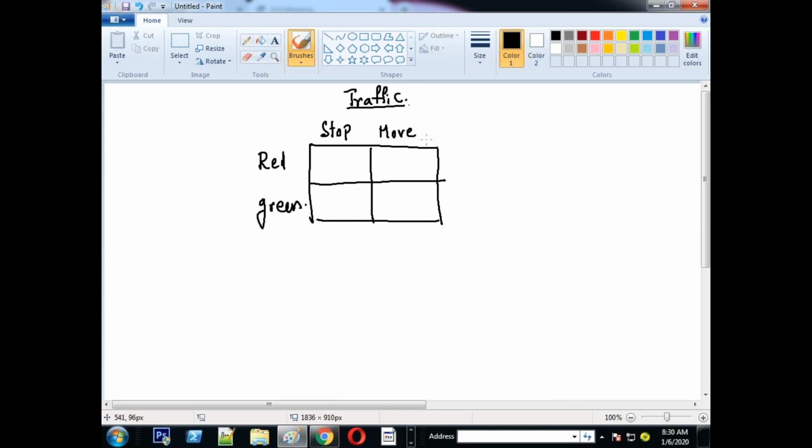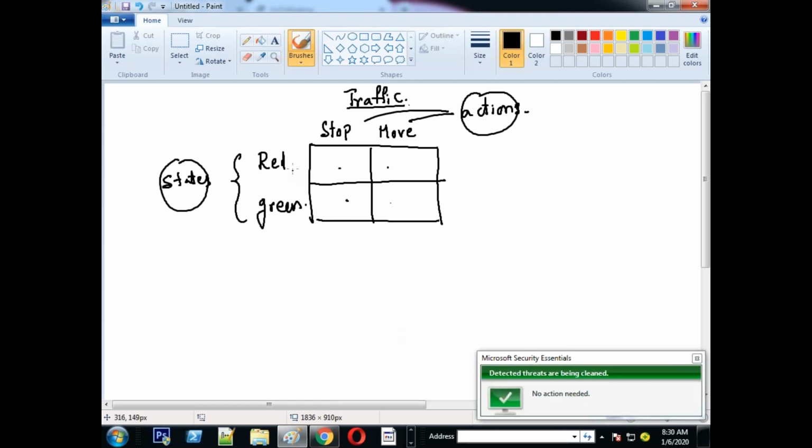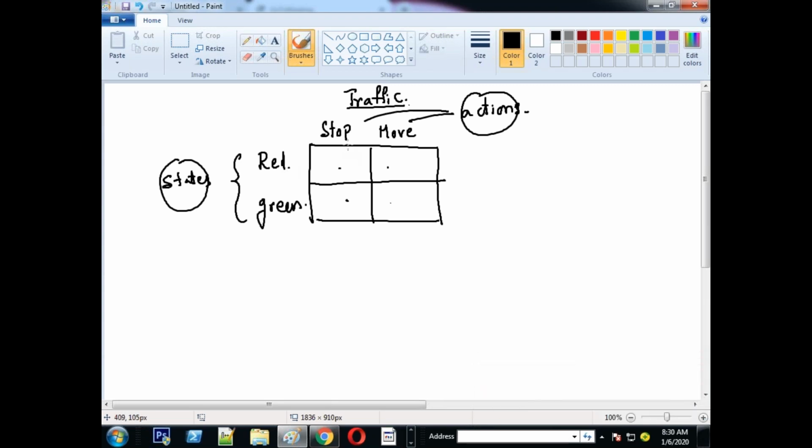Okay. So, in this example, what are these 2? States. And these 2 are actions. 3 spaces: state space, action space, and the third thing, reward space. Now this environment has a head, like let's say a traffic constable. Red light on, sir. Car stopped. Right action or bad action? Okay. Reward 10.